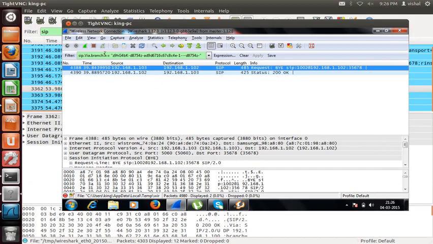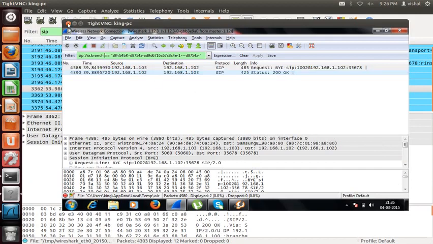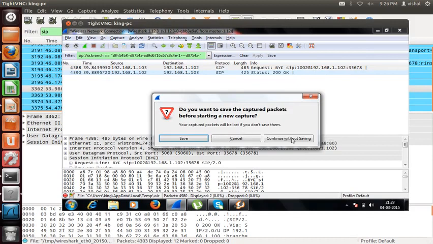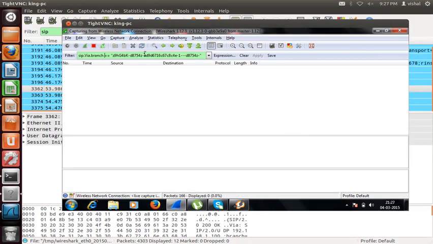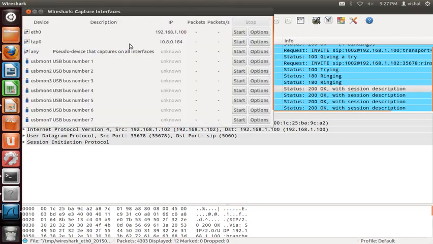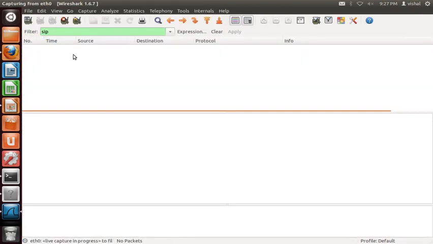Okay, now what we will do is we will start the flow for the CANCEL. So I will start the packet capture again. I don't want to save this, and we are interested only in the SIP part. Also we will start the packet capture on my OpenSIPS. Okay,